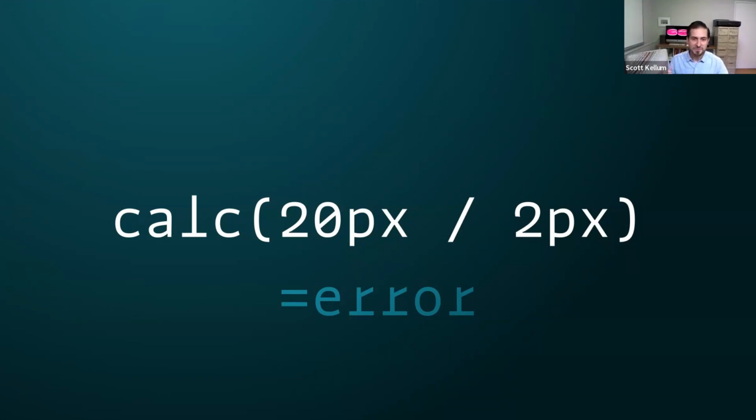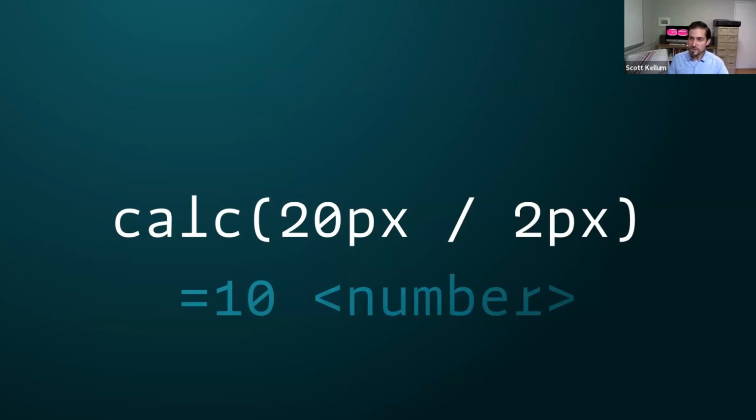So if we do 20 pixels divided by 2 pixels, we still get an error. But according to the current spec, as browsers implement it, this is what should be the result of calc 20 pixels divided by 2 pixels. So it should be 10, and it should be typed as a number,